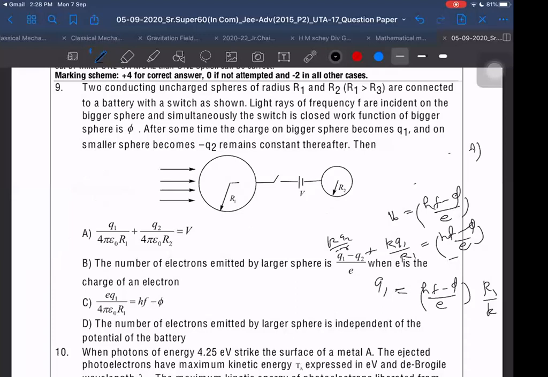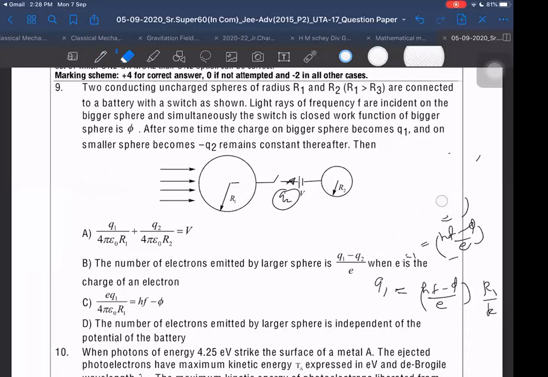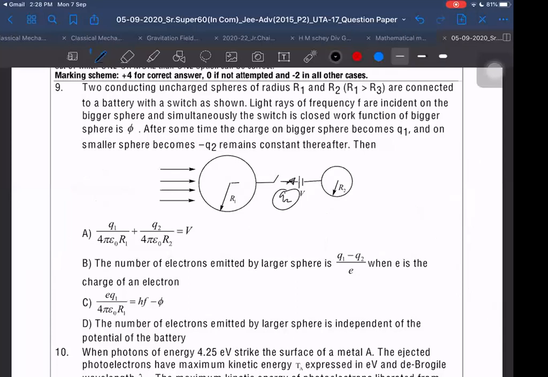I think it will depend. Because I can choose Q2 in such a way that I can in fact make (Q1 minus Q2) upon E as 0 also. Right or not? So much charge can flow from this to this side. It will automatically acquire charge equal to